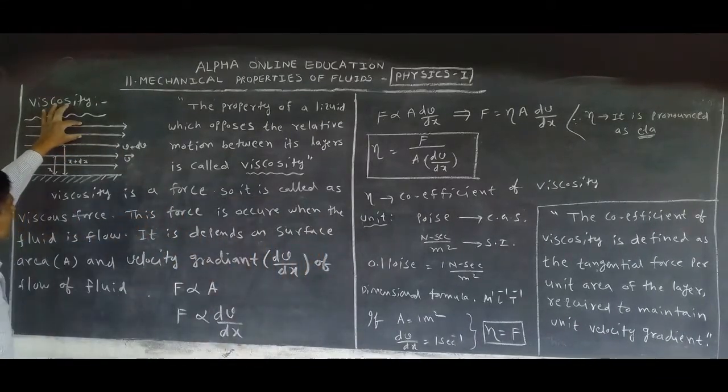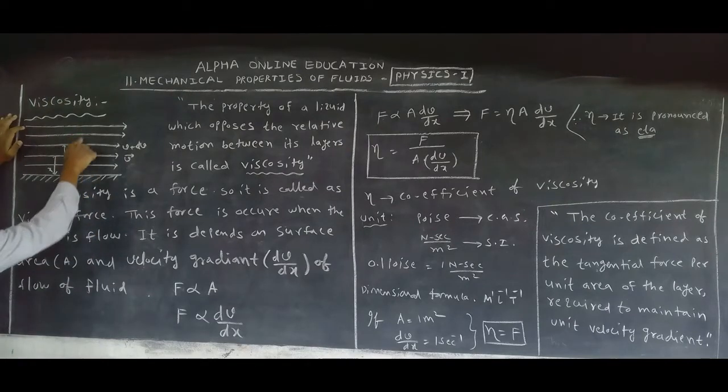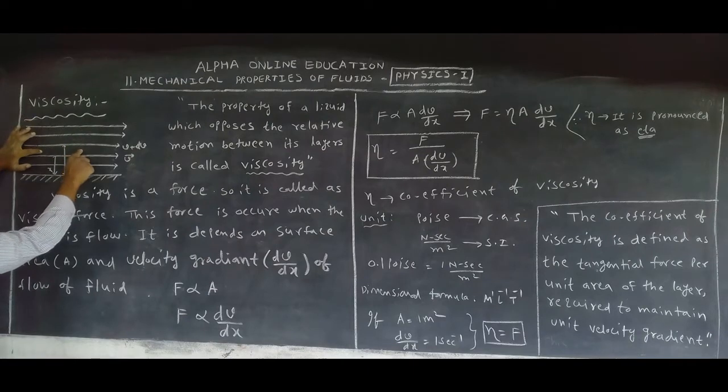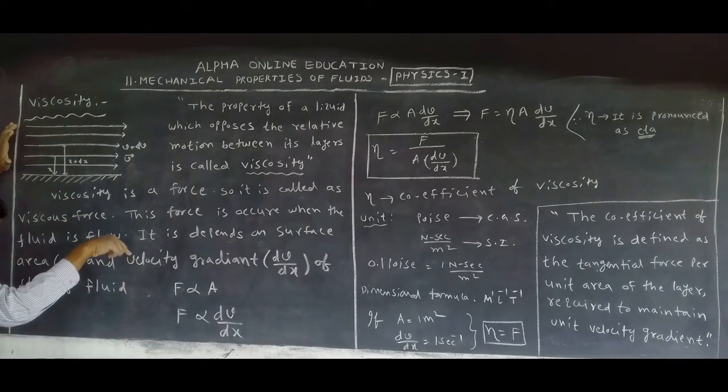In this layer, liquid is present. This liquid layer has some weight towards the ground. This layer's weight is acting on this one. That's why this layer reduces the velocity of this layer. And these two layers' weight acts on this, so these two layers reduce this velocity. And these three layers fall on this layer, so this layer's velocity again decreases. These four layers fall on this layer. What happens to this velocity? Decreases.